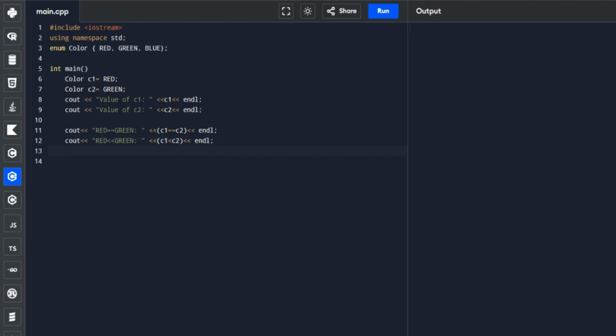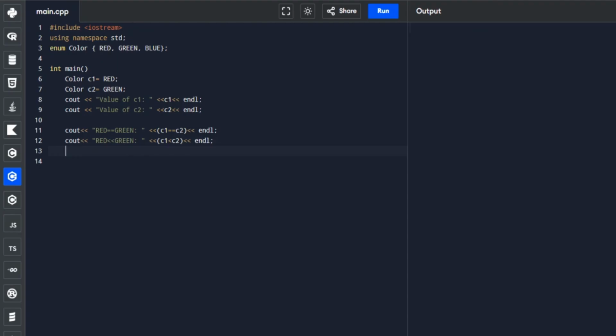Now let's have our next operation, which is addition. Basically, we're just adding the values of C1 and C2.